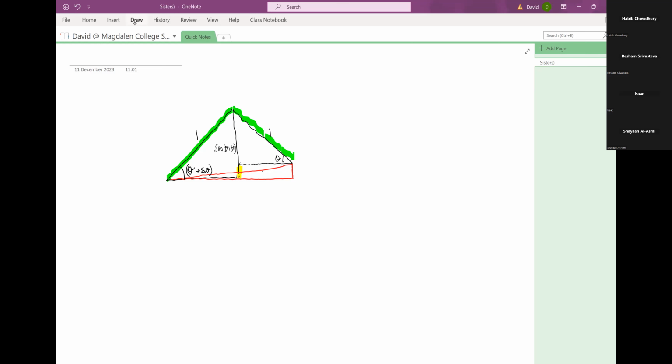Okay. And to remind myself, if I draw an isosceles triangle like this, with length 1 and 1, then I would find